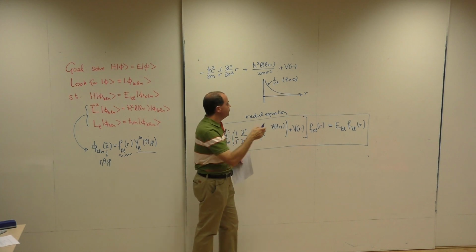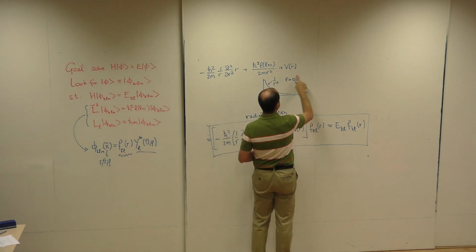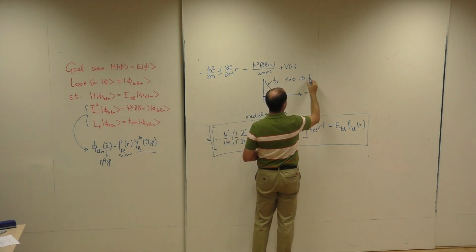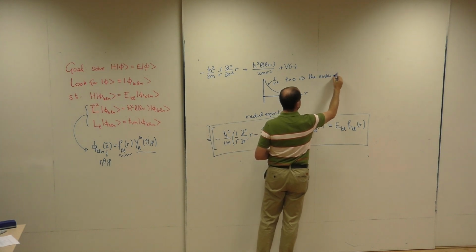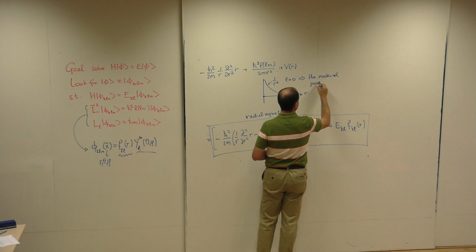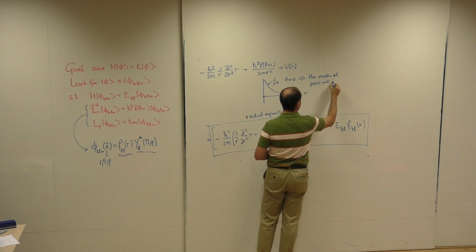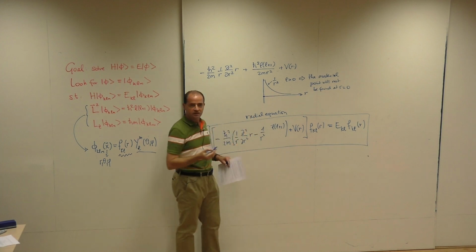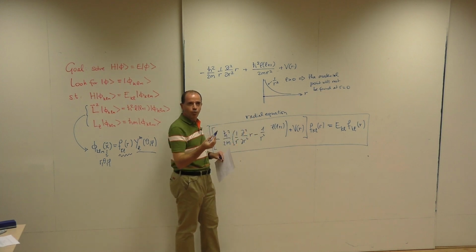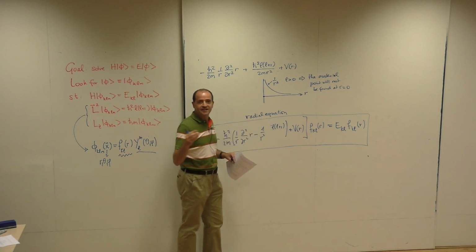So if L is larger than 0, the material point will not be found at r equals 0, because there is a repulsive potential that keeps the material point away. It's like a